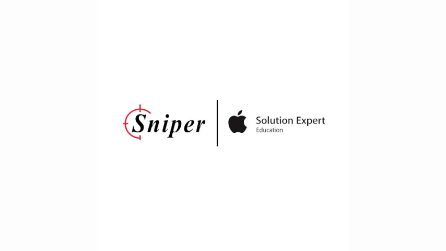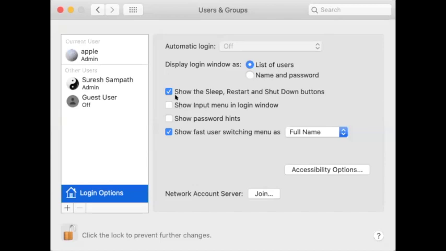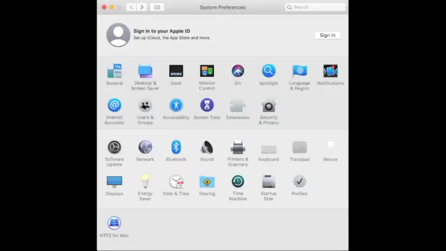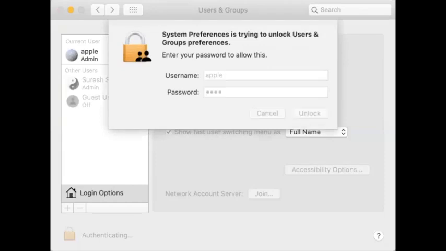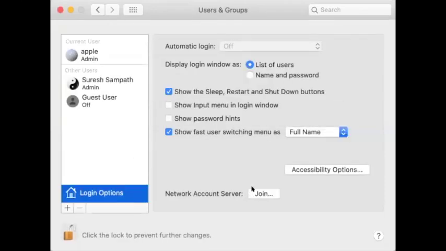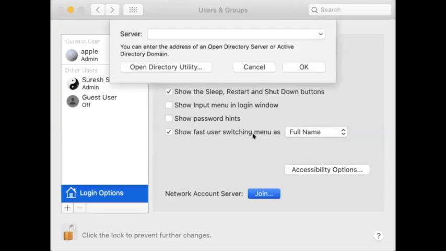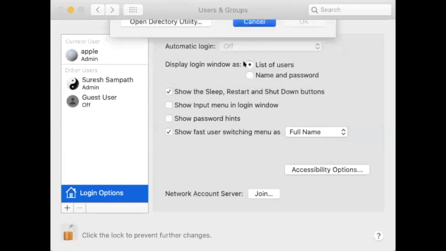How to add other users in Mac? Yeah, I said right. You can go to system preferences, users and groups. In login options here, you have to bind your AD.